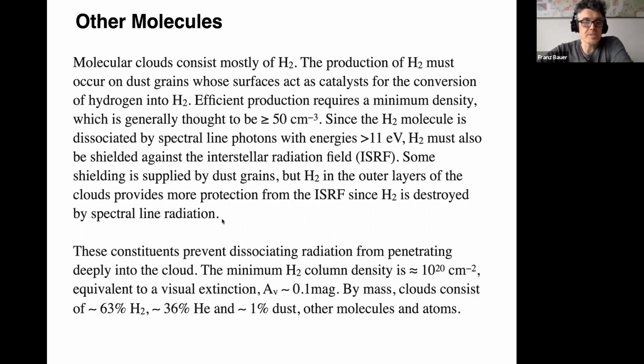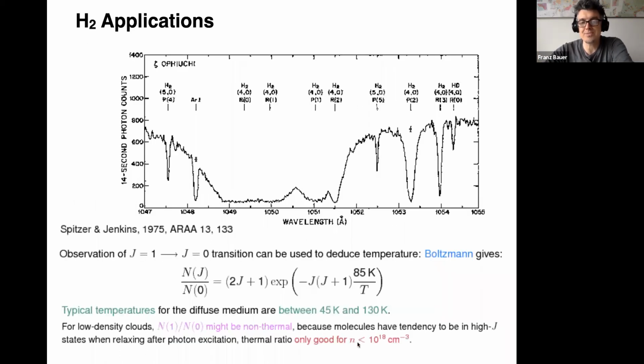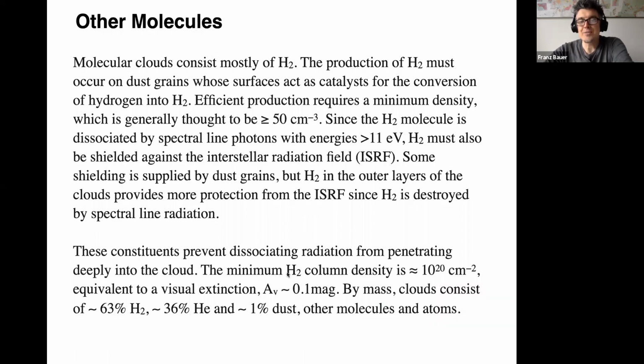Okay, so these constituents here, generally this dissociating radiation can actually penetrate pretty deep into a molecular cloud. And so generally speaking, you start to see molecular hydrogen around 10 to the 20 in this sort of regime, which contrasts with this, right? So generally speaking, when you're in the regime where you're below 10 to 22, you're going to be suffering from